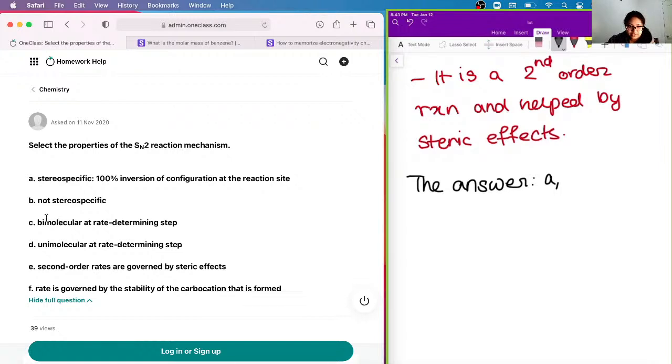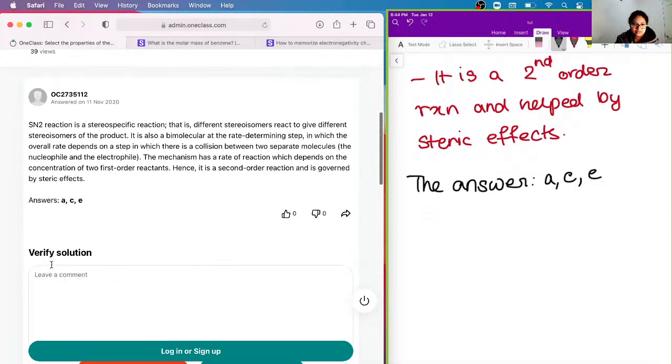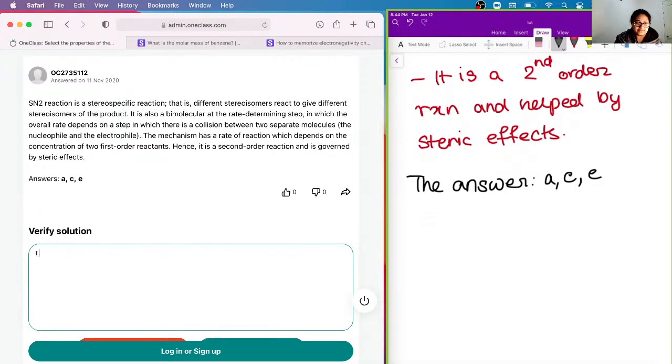So it's not B. It is C. So it's bimolecular at rate determining step. And let's see. It's not unimolecular. So second order reactions are governed by steric effect. So this is correct. So it's A. So the answer is A, C, and A. So the solution here is